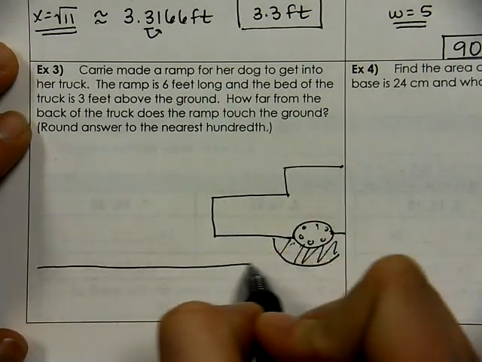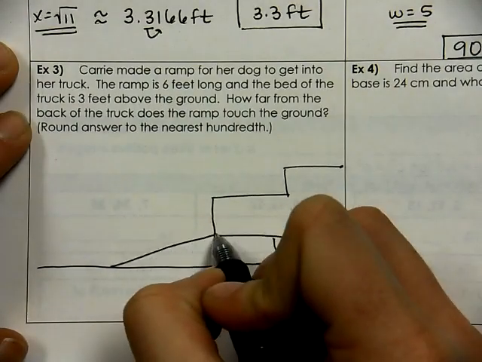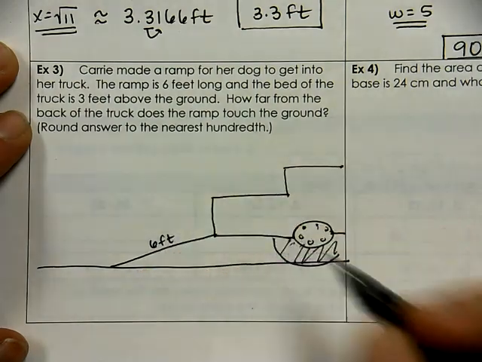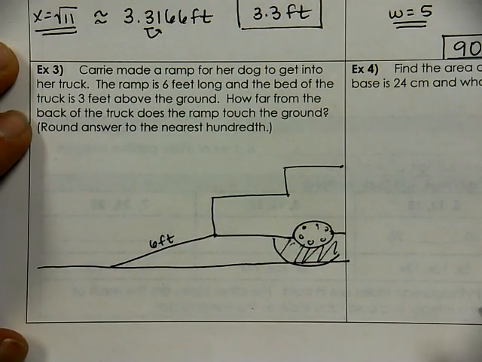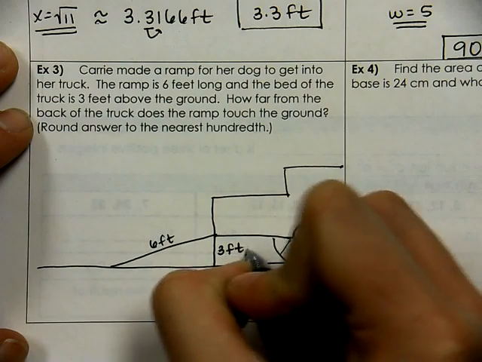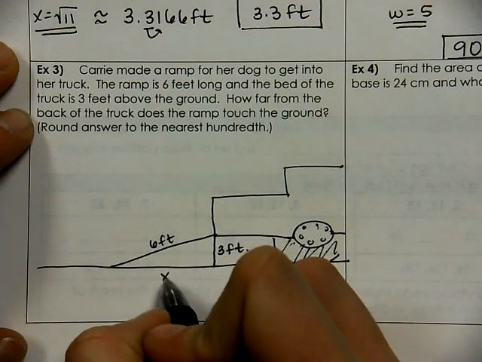So here's the ground. We're making a ramp to the bed of the truck. The ramp is 6 feet long. So here's my ramp. So this part is 6 feet. The bed of the truck is 3 feet above the ground. So here's the bed. There's 3 feet. The question is, how far from the back of the truck does the ramp touch the ground? So what it's asking for